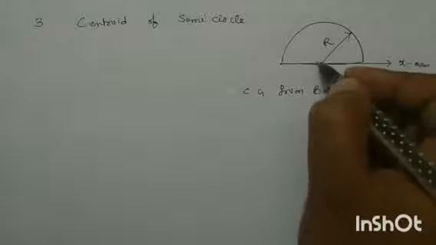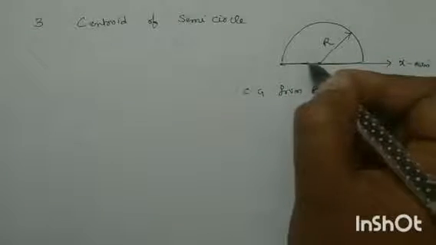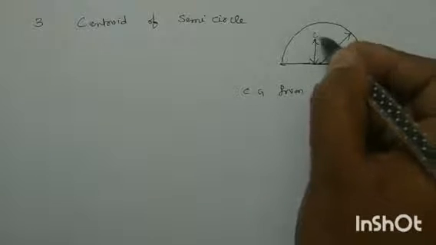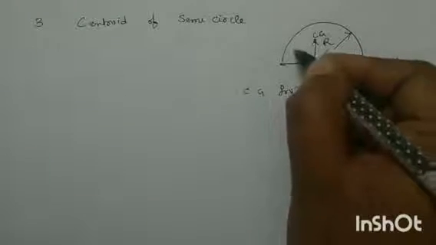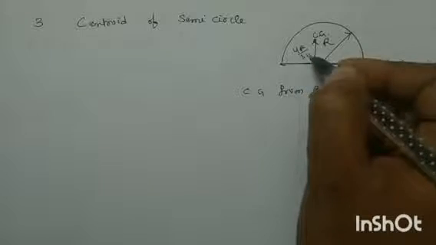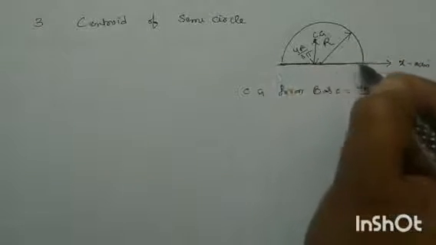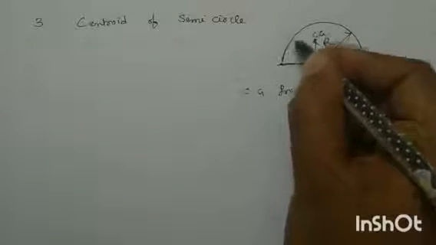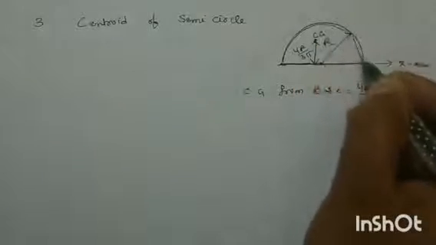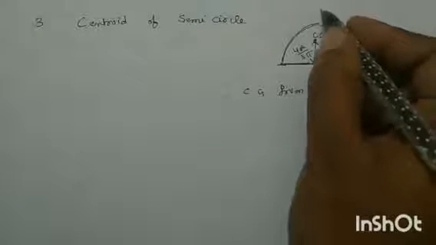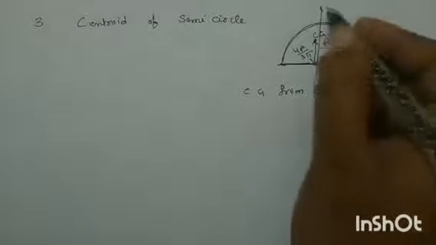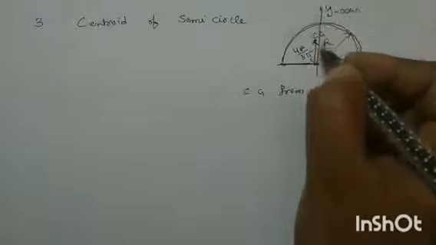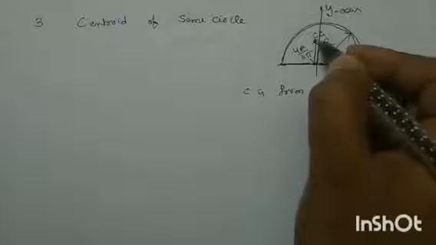Okay, remember this formula. The centroid position of semicircle from the base, you take, this is the point, is the CG point. What is the distance from the base? 4R by 3π. This is the base. Okay, and one more thing you can observe, that the semicircle, if you observe it, it is the symmetric section, right? It is symmetric about which axis? Y-axis. So the centroid lies on the y-axis also. Okay.